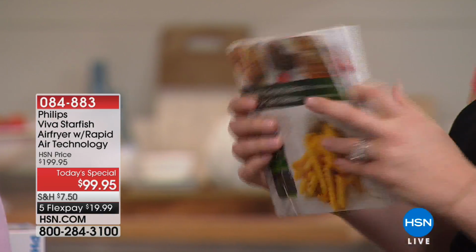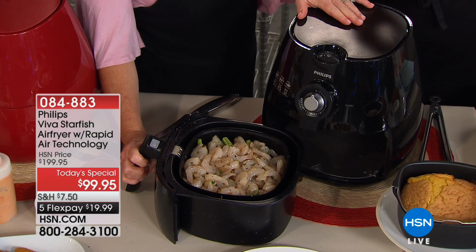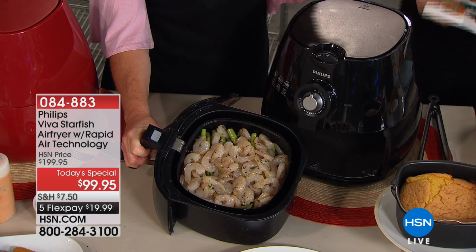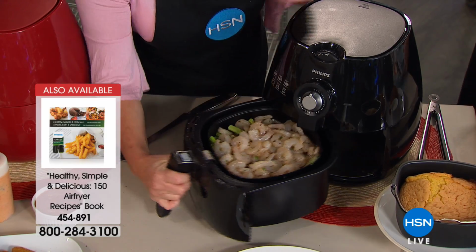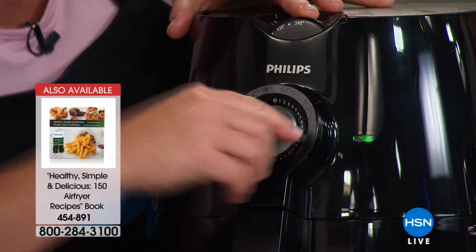One of the things I want you to realize about the air fryer is this isn't just for dinner. This isn't just for appetizers. This is breakfast, lunch, and dinner, and everything in between. And whether you're steaming, roasting, grilling, or air frying, this is a pound and a half of shrimp with asparagus and tomatoes that we are going to steam in some lemon juice and have an amazing, fresh and healthy summer